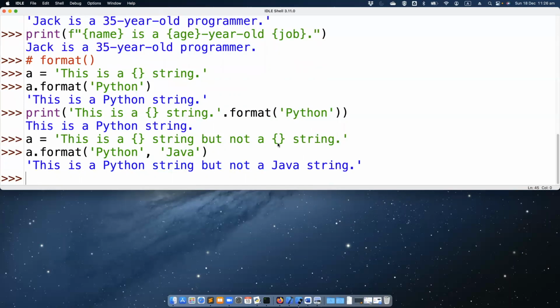You can even specify the position of the arguments by placing a number in between the brackets. For example,